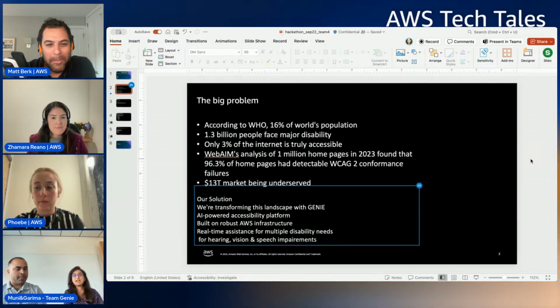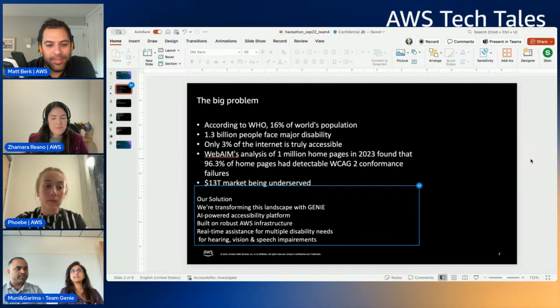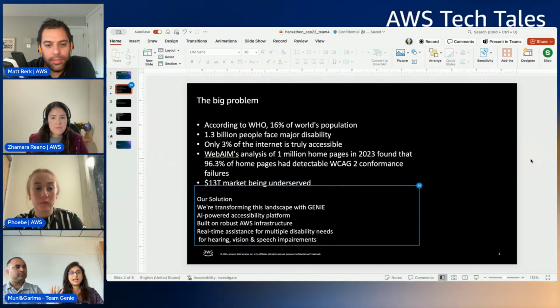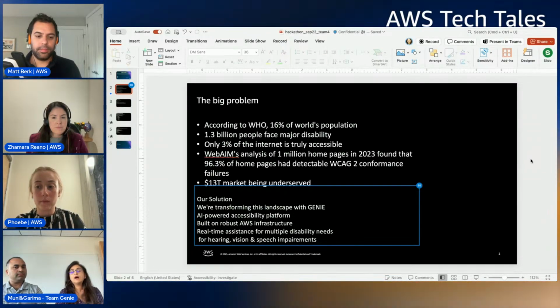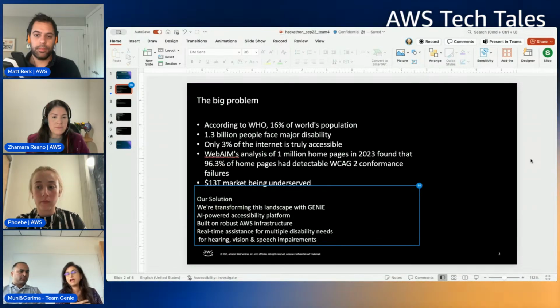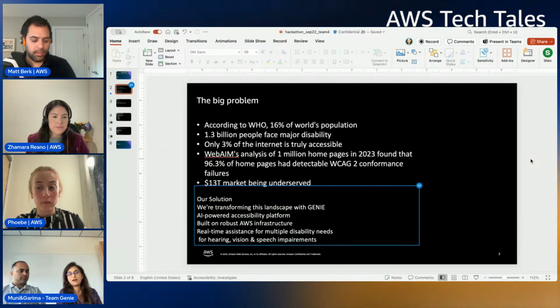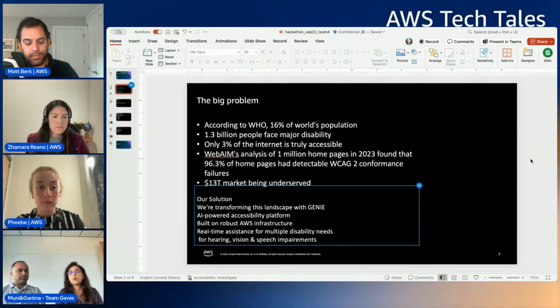Yes. And while there are a lot of companies that are working towards accessibility, right? There are some proactive companies like Amazon. If you go to amazon.com or AWS, you'll see that we're largely working on making our console as well as our websites very accessible. But there is a large portion of websites which are totally inaccessible and people don't even have the inclination or knowledge of how to make them accessible. So that was our big problem.